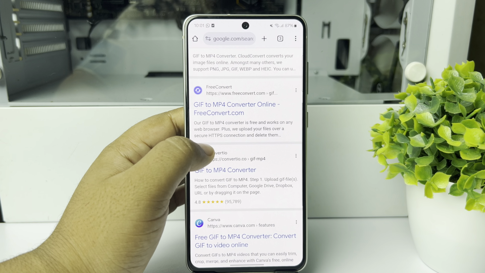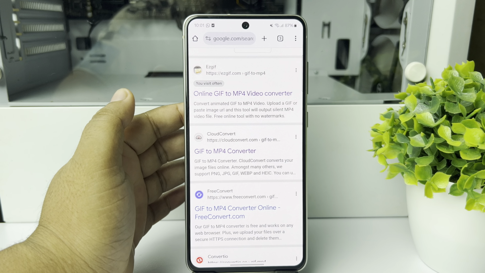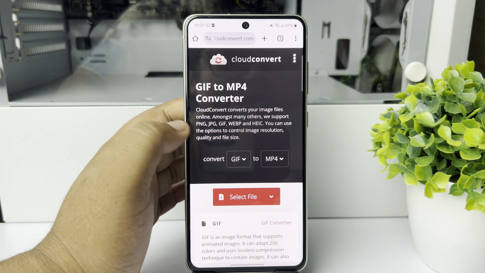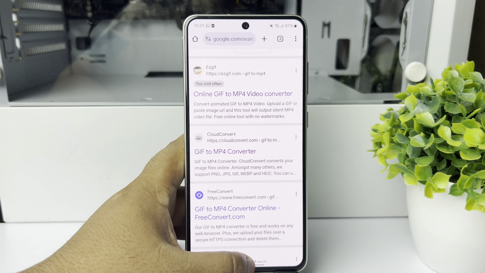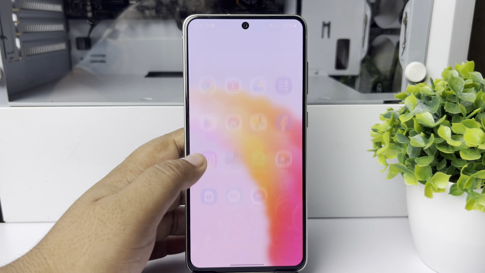And here, as search results, you will find lots of websites. You can use any of them to convert the GIF to MP4. So all you need to do, once you have successfully converted the GIF to an MP4 or video, is now go to